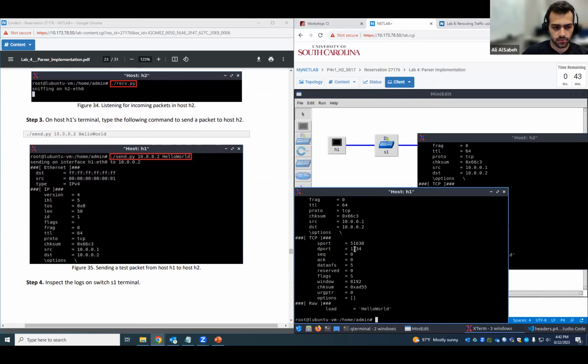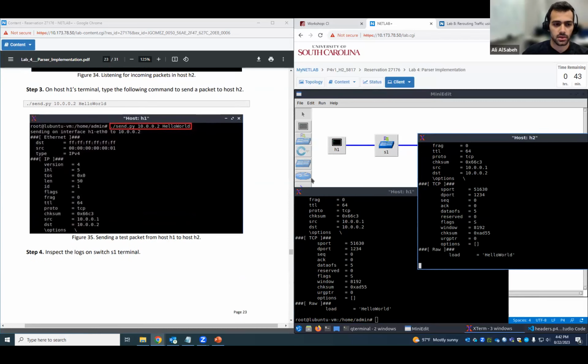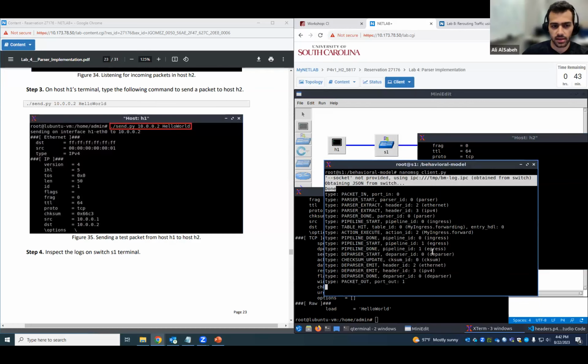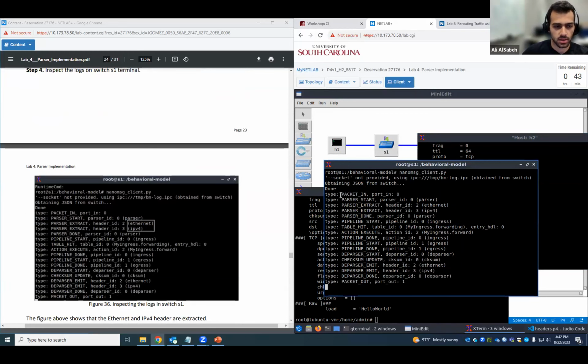Okay, so initially we can see that host H1 sent a packet and host H2 received the packet, right? So that means that the switch now is able to understand and forward packets. So let's go back to switch S1 and see exactly what happened in the switch. So first line here,